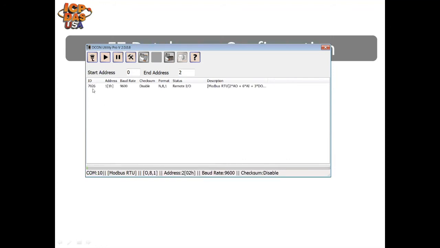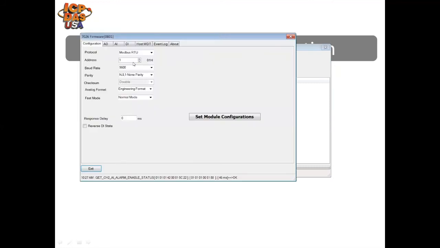And the M-7026 was found here. The address is, again, address 1, 9600 baud, checksum disabled, and then we double click here to bring up that screen that I showed you previously. It actually appeared over here, but let me drag it over. Okay, so this is the